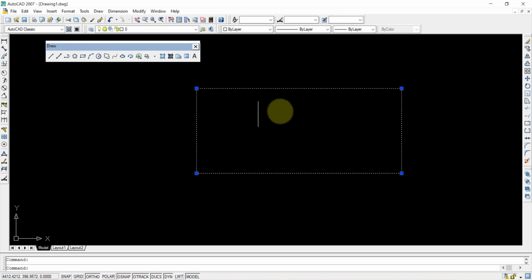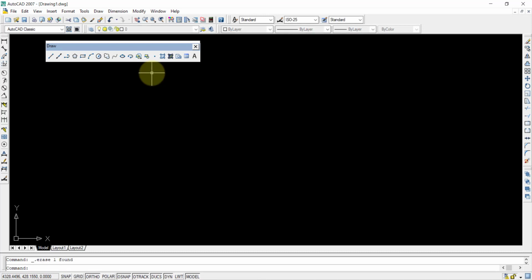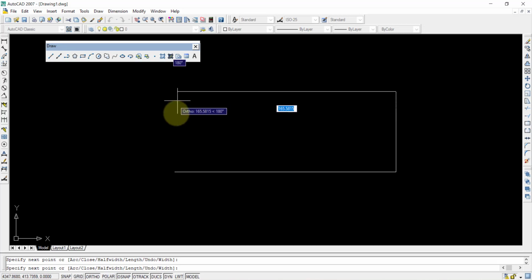So if you want to get the midpoints, you can't use this rectangle command; we should go for the polyline and draw. If you want to go without midpoints, then you can directly use this rectangle. Or else you can directly use the polyline. In the polyline you can draw like this, and we can have the rectangle.